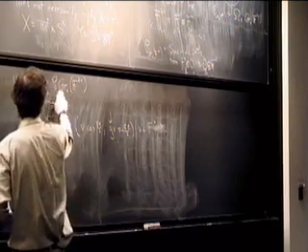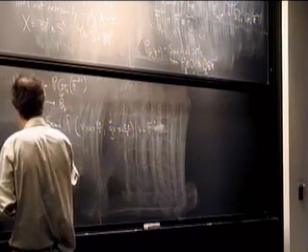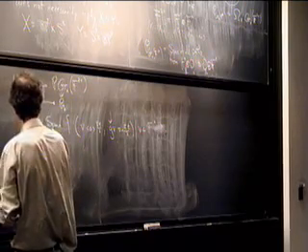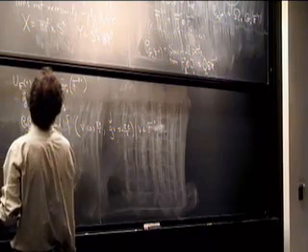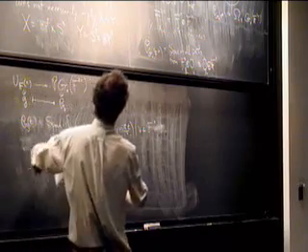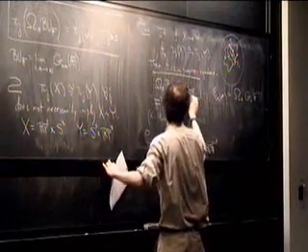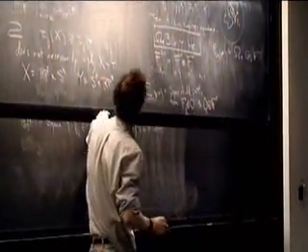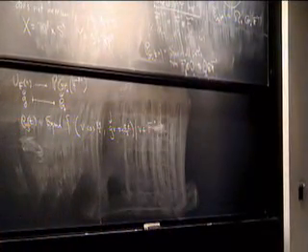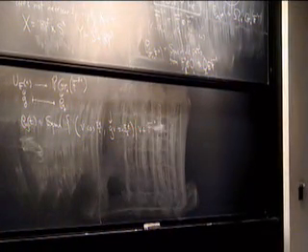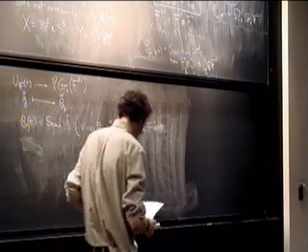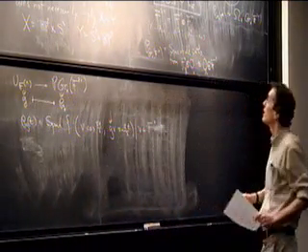I won't be specific about just how much smaller, but if you take the n goes to infinity limit, then you get exactly the statement that I made here, that the loops on the Grassmannian give me a space which is homotopically equivalent to the